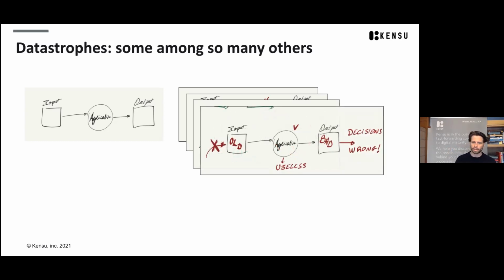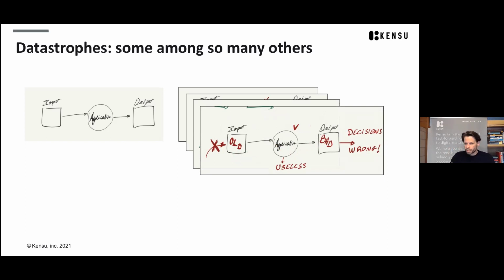The other one, which is a classic, the data didn't arrive on the right time. It has not been computed, it has not been ingested, whatever. So the data is old, the application still runs fine, but the output is bad, right? Really, really bad. So it's old and you take wrong decisions based on that. It means in a way at this moment, the application is useless, right?